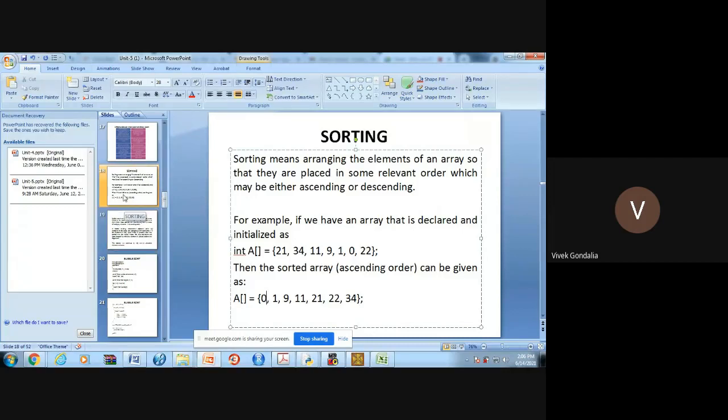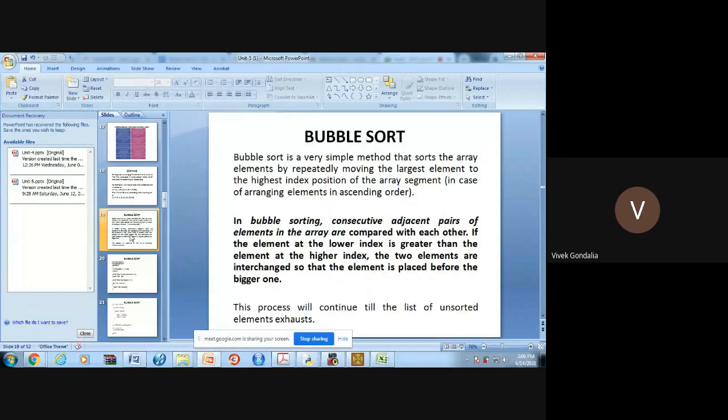For that we have to learn a few methods of sorting. For a few of them we will see theory as well as programs, but for some techniques, like heap sorting and radix sorting, we will see only theory. The practical part is not there. First we will see the simplest method of sorting, which is bubble sort. Today we'll learn this method, theory as well as practical. It is a very easy sorting method and will take only 15 to 30 minutes maximum. So today we will do only this one algorithm, bubble sort.